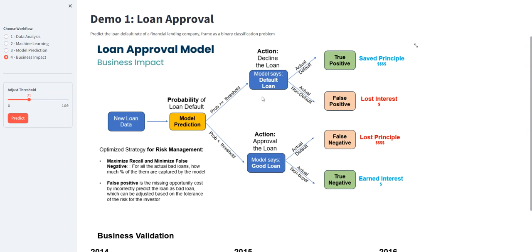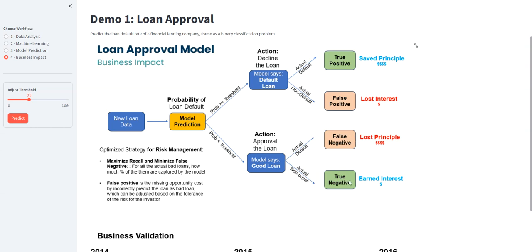You can also do this vice versa, where instead of loan default, you can also do loan approval, right? You basically switch 0 and 1. Here we are trying to say, if this is 0, you are going to approve the loan, and you will have a false negative, where the model says it's a good loan, but the loan actually defaults. In that case, you are going to lose all your principal. That is the worst case here.